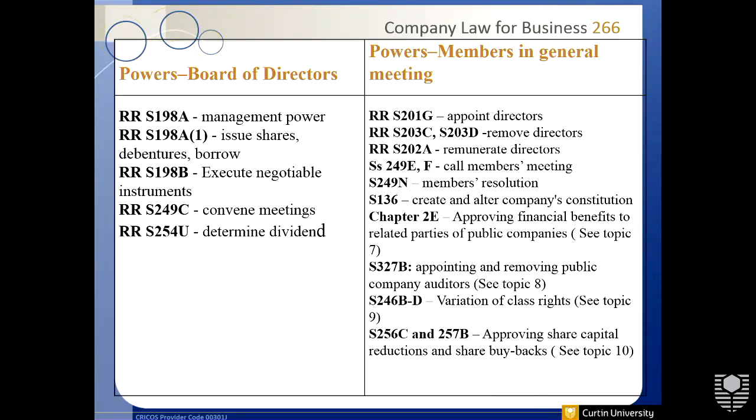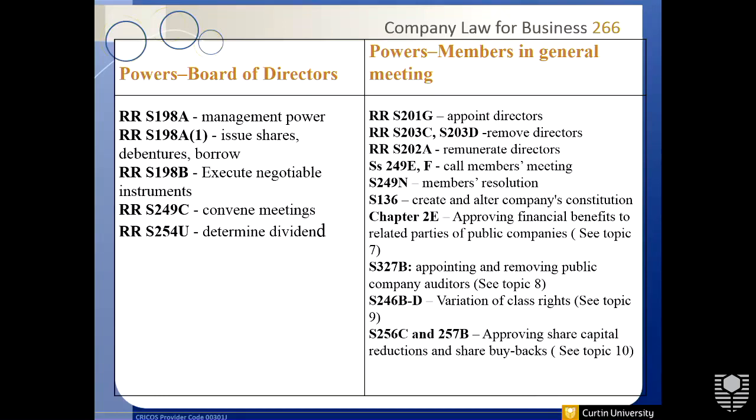Chapter 2E talks about related party transaction, where a director has got a transaction with a related party who is defined under Section 228, who could be a spouse or a mother or a father or something like that, and there will be some financial gains that can be received by this director by virtue of Section 229, then they have to make a disclosure. And this disclosure must be approved by the members in a general meeting. All right? And this is particularly applicable only for a public company. It's not applicable to a proprietary company.